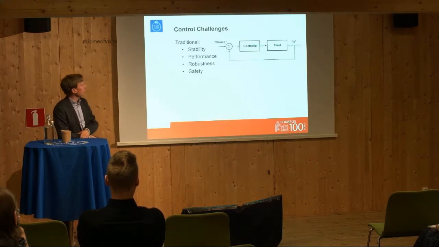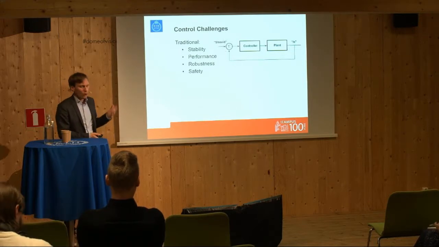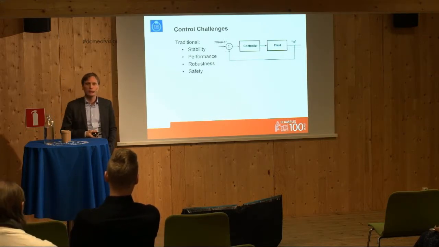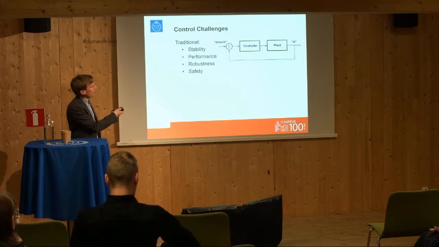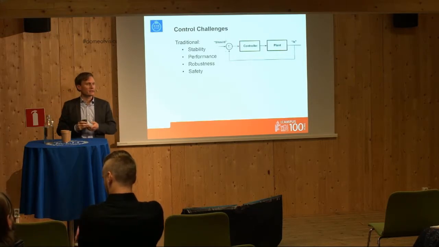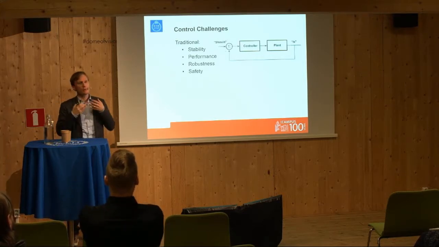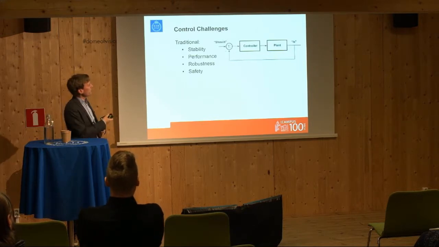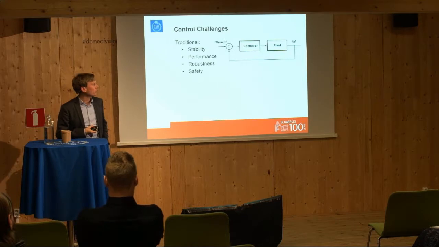Some of the traditional control challenges that we've been caring about for the last century are listed here: stability, performance, robustness, and safety. Those all are still relevant. Let me briefly go through them. Stability basically means that this feedback loop is stable, that no state goes to infinity. For instance, in the steam engine, an infinite state would mean that the system explodes. So stability is something we always want in a feedback system. Performance means that you would like the is value to follow the should value fast enough. So that's a performance measure.